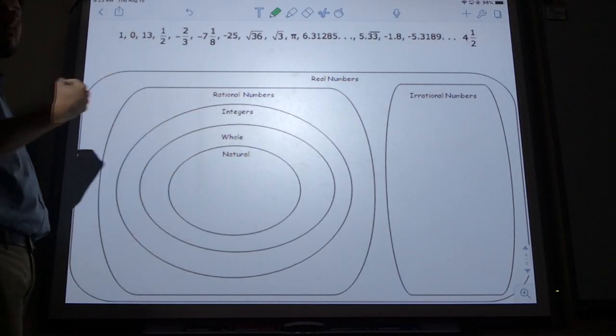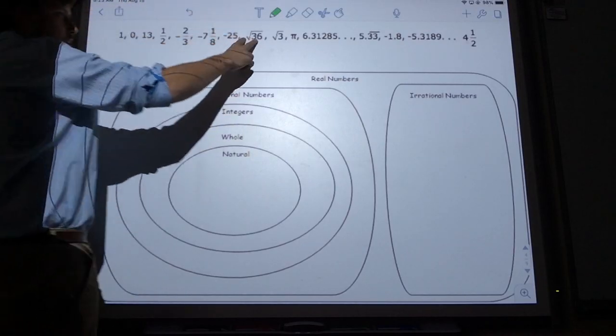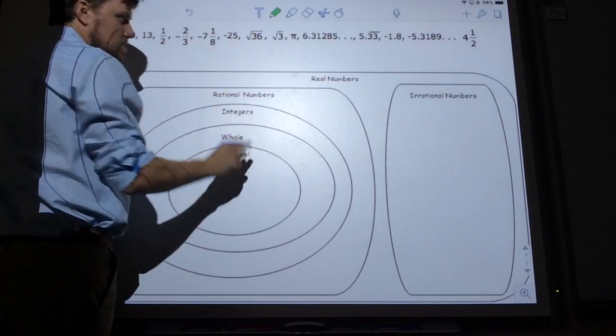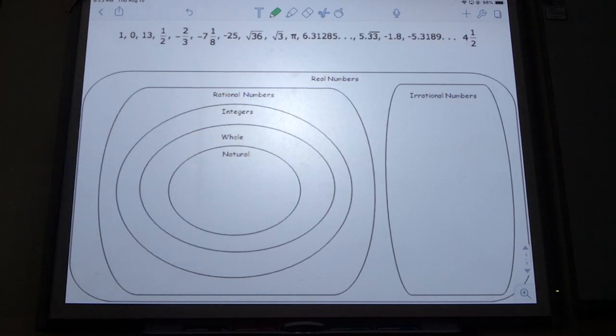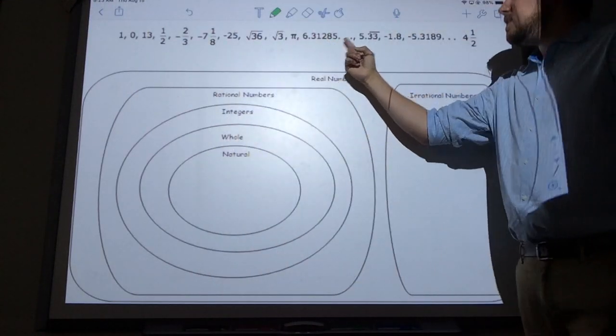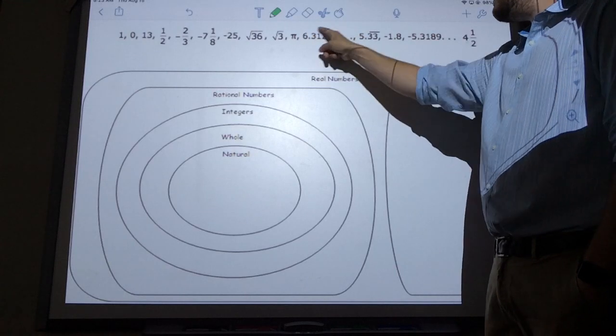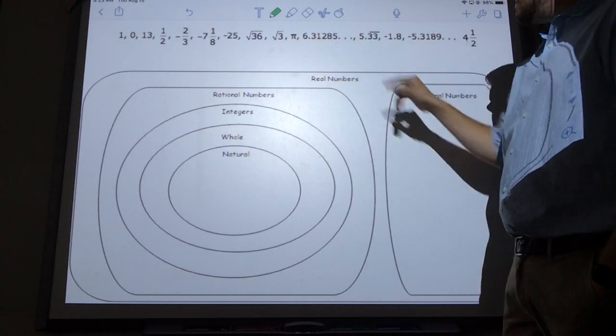What about this square root of 36? Natural. What is the square root of 36? 6. So yeah, it's natural. They make it look harder, but if you solve that first, then it's a lot easier. Okay, square root of 3. Anybody type that into a calculator or anything? Irrational, yes, because it just keeps going on forever. Okay, let's continue on. This ellipsis is what it's called. Just means it keeps going as well, and I don't see anything that started repeating here. So that goes over here in